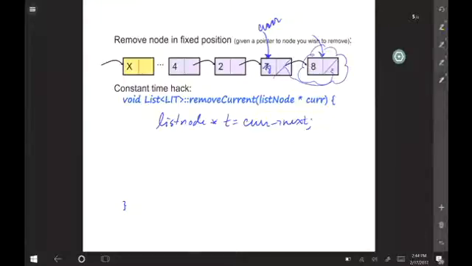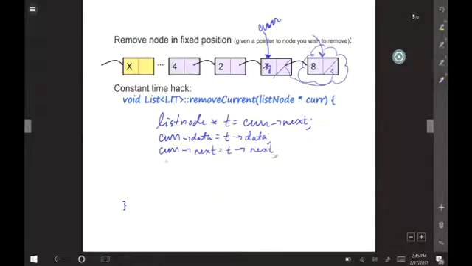And then cur's data should get the value of t's data. I know that you all have problems with this. And cur's next should get the value of t's next. And then I can say delete t.